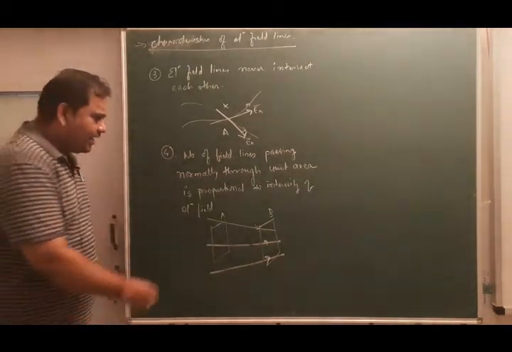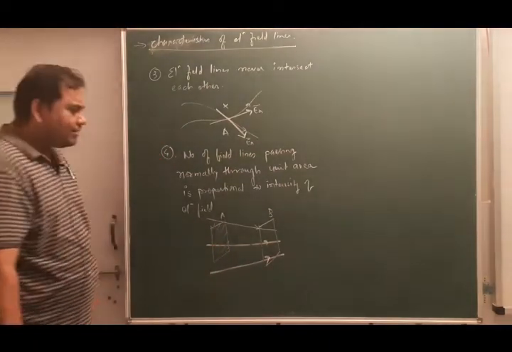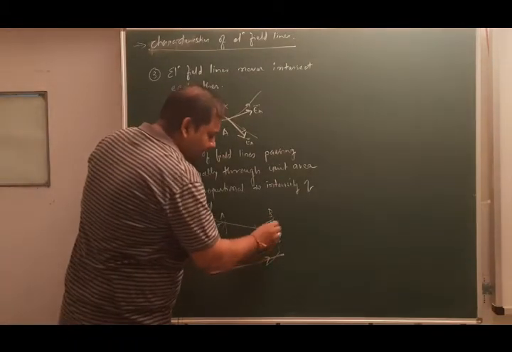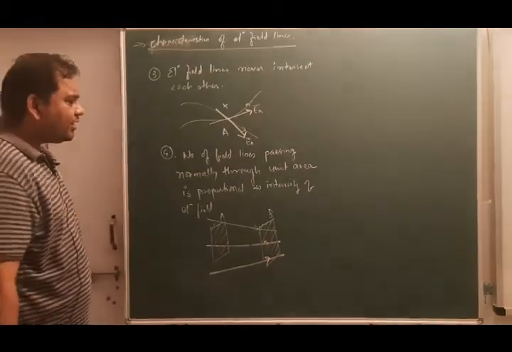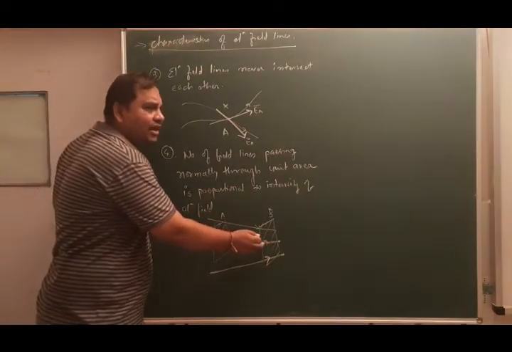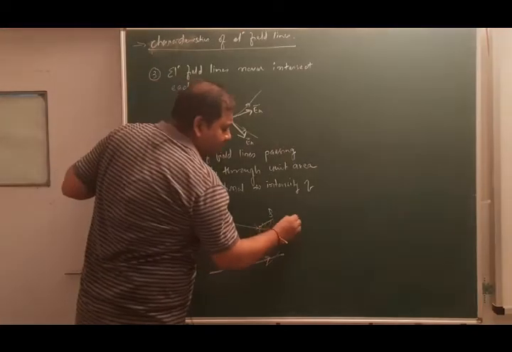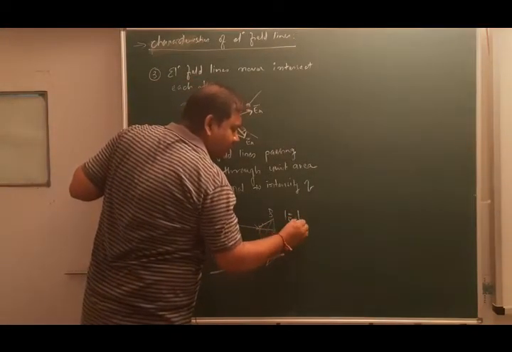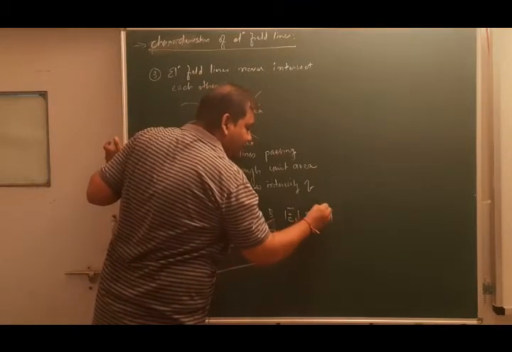In this region A, electric field lines are less dense, whereas in this region B, electric field lines are more dense, they are more close to each other. What does it indicate? That field line density at B is larger, field line density at A is smaller. It indicates that magnitude of electric field at B is greater than magnitude of electric field at A.